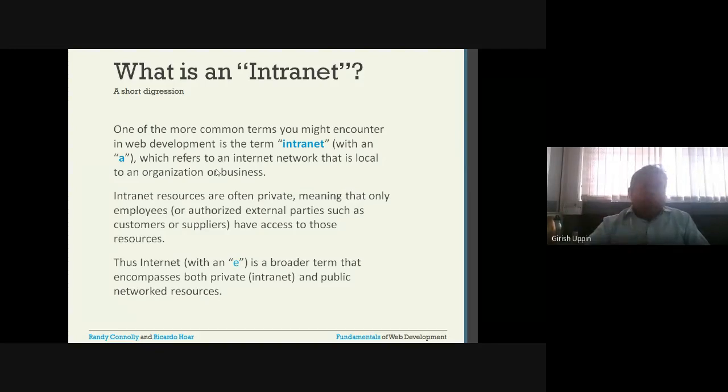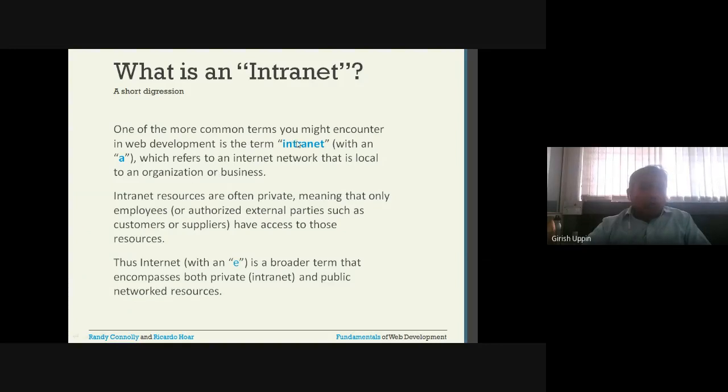Wherever they require, maybe whichever departments are facing the clients, they will have the connection to the internet. So most of the things will be under the intranet, and wherever it is required, a firewall will be implemented so that it can connect to the external entities of the internet.